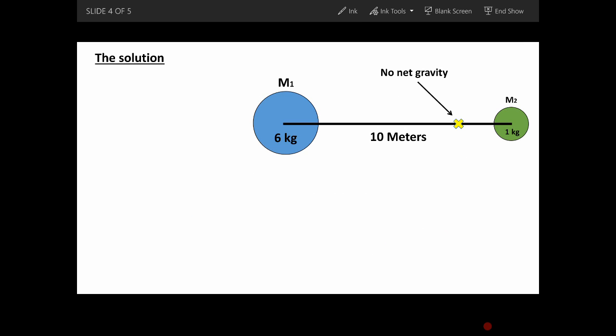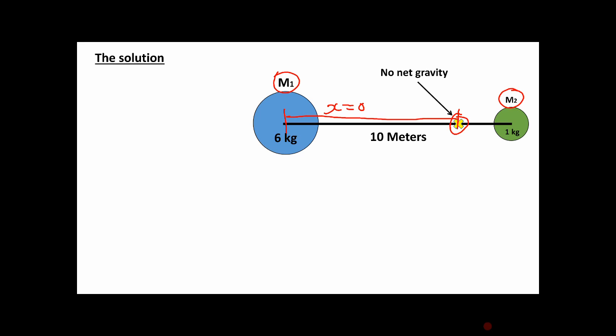So here's our scenario. We have our mass 1 there of 6 kilograms and a mass 2. We have our little particle there, and that's placed randomly for this example, but what we need to know is at what point from the large mass do we need to place that in order for that particle to equal 0. So the first thing we must do is pull up the standard universal gravitational equation, which we should all know by now,